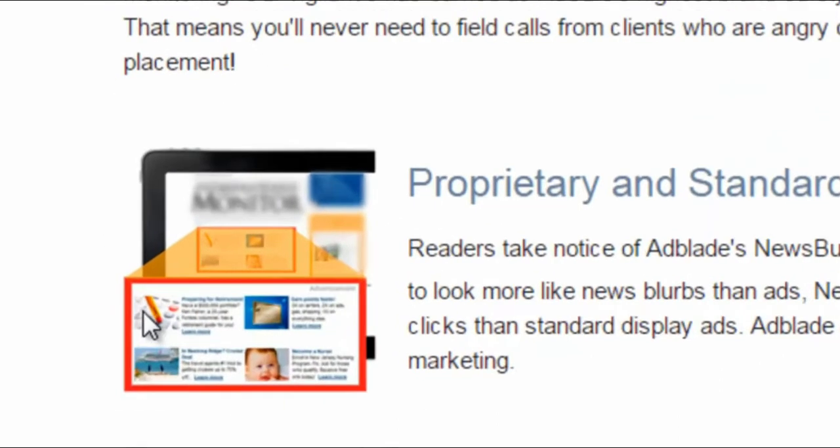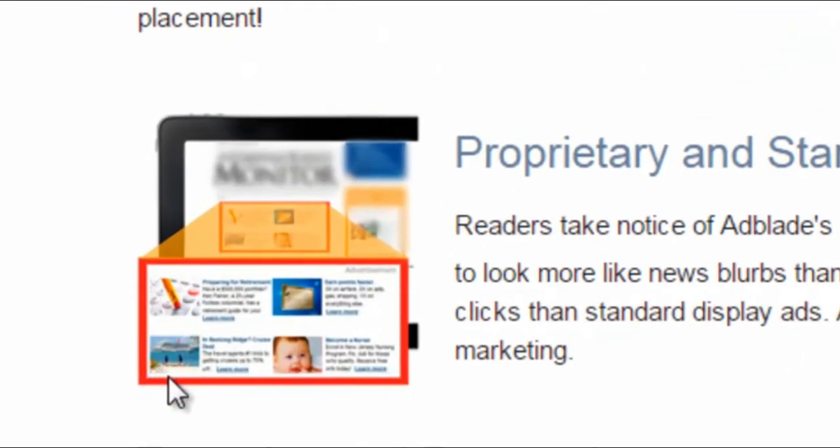So as you can see, here are the type of ads that will be displayed. So they'll actually look like they're part of the website where the ads are being displayed. So they'll look like they're actual content on that specific website. Now what that means is that people will not ignore them. So basically ad blindness, which means that you will see an ad on the side of a website, you'll know it's an ad straight away and you'll just ignore it, doesn't really happen with these type of ads.